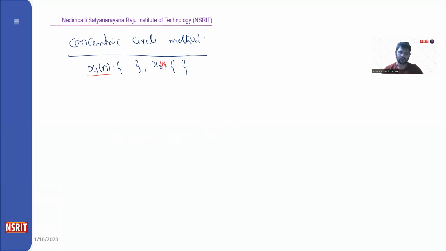Then find the circular convolution. What steps do we have to follow to calculate the circular convolution using the concentric circle method? Step 1 is consider x1 of n, then make it one circle,